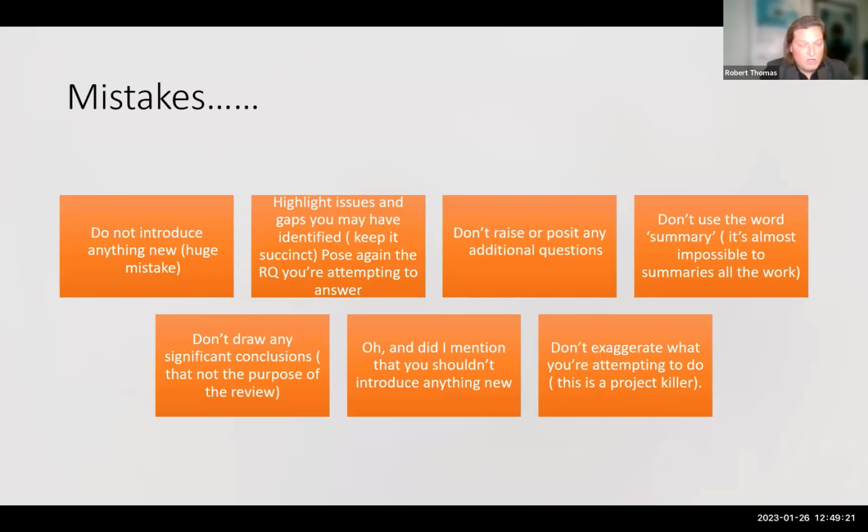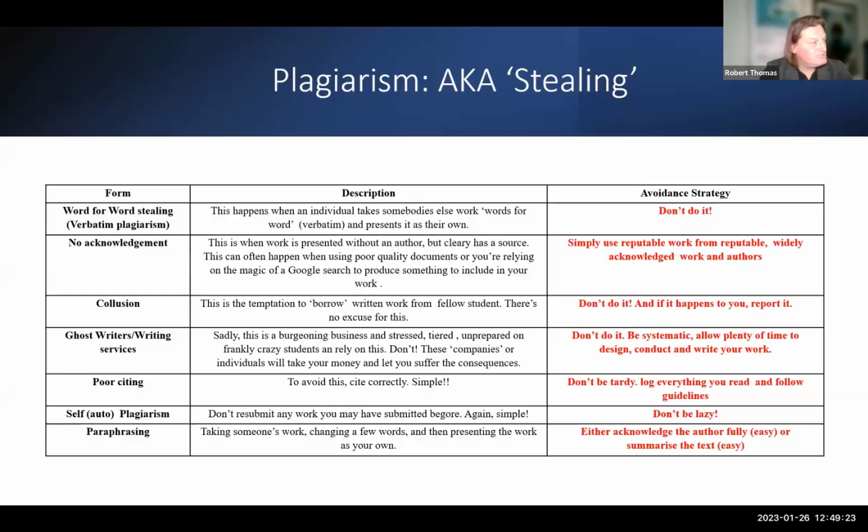So again, when you're writing your conclusion, just go back to this. I just want to touch upon plagiarism very, very quickly with the few minutes we have left. I'm sure you all know what plagiarism is, but it's so tempting to engage in it and not to acknowledge authors, even to use ghostwriters and poor citing. Just reflect on this. It's very easy for us as academics to understand plagiarism, regardless of the fact that AI can now write essays for you. It's still very easy to spot if it isn't a student's work.